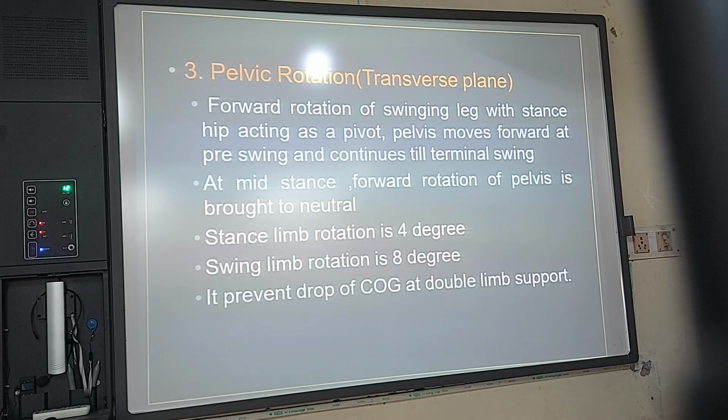Now what happens in double limb support? हम बार बार बोल रहे हैं double limb support होता है. Double limb support कब होगा? One leg heel strike, other leg just toe off. Toe off या heel off. एक का heel strike या foot flat. जब heel strike हो रहा है तो जरूरी नहीं कि दूसरे का toe off हो रहा है. जब हम quick walk कर रहे हैं तो may be वो last terminal part में ही हो.